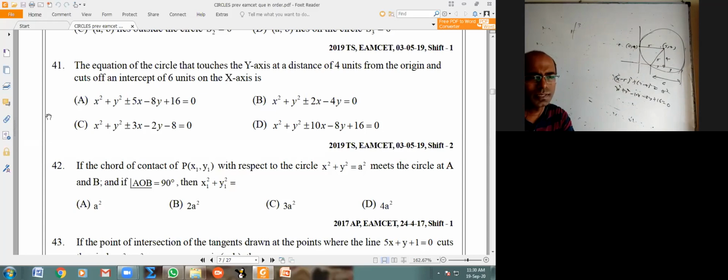10x and plus or minus 8y can go. Or plus 8, same option but plus 8 gives the other 2 answers. Yeah. Anything else? Anybody has doubt up to 41? Shall I scroll back or show anything?